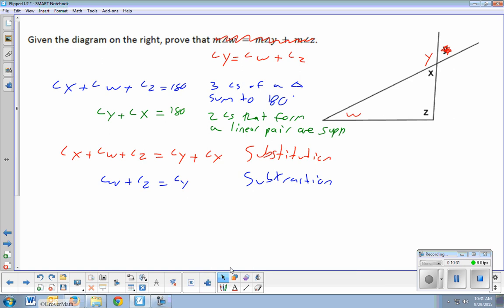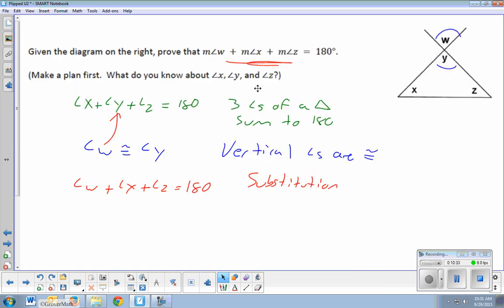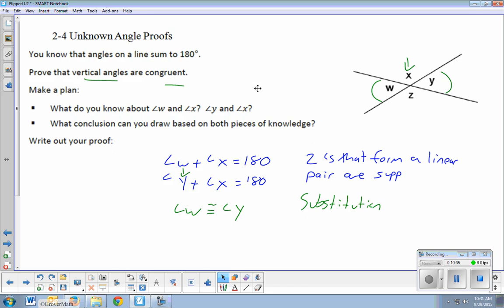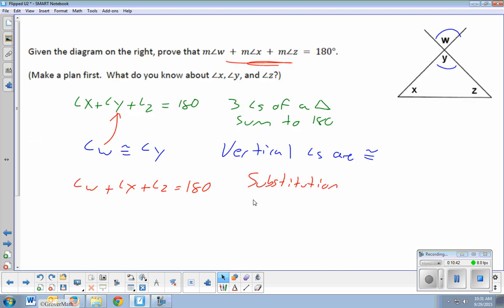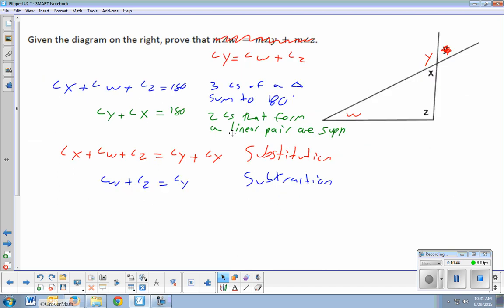And that's it. And I could have done something similar over on this first question. Since they both equal 180, I could put them equal to each other and then minus x, and that would have worked that way too. So it's kind of a way of showing the substitution, I think, which is a good thing to do. So that's basically about it. The three angles add to 180. These add to 180. If they both equal 180, they can equal each other. I could subtract the common x out, and that leaves w plus z equals y, and that is our exterior